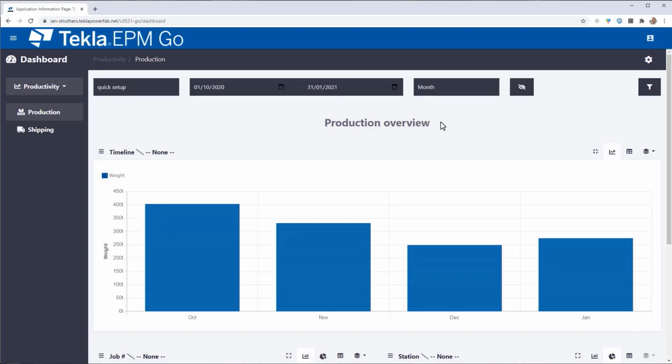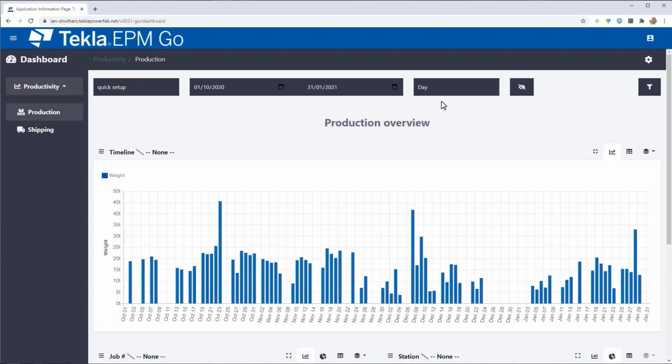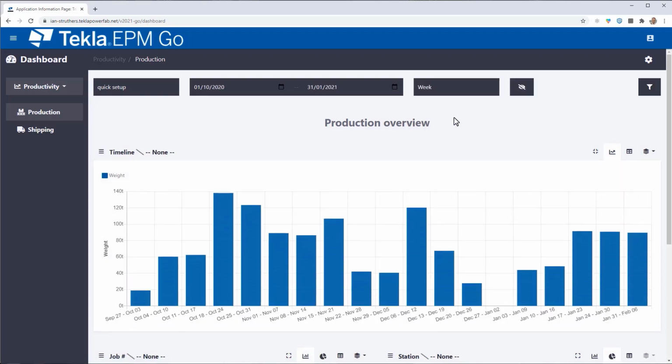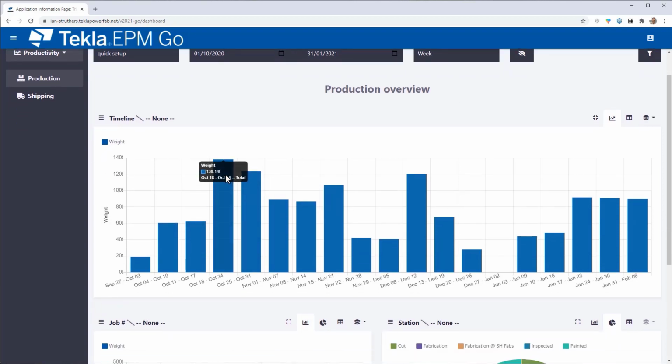Month, obviously a 4-month period, we're seeing the 4 monthly groups there. Day, perhaps a little bit overkill for a 4-month period, and year as well, which isn't really relevant. But over the 4 months from the start of October to the end of January, I'm going to view that by week. And straight away we can start to see patterns emerging as peaks and troughs as time progresses. My maximum output this week was just shy of 140 tons. My lowest output down here was only 19 tons as I started to use the software.